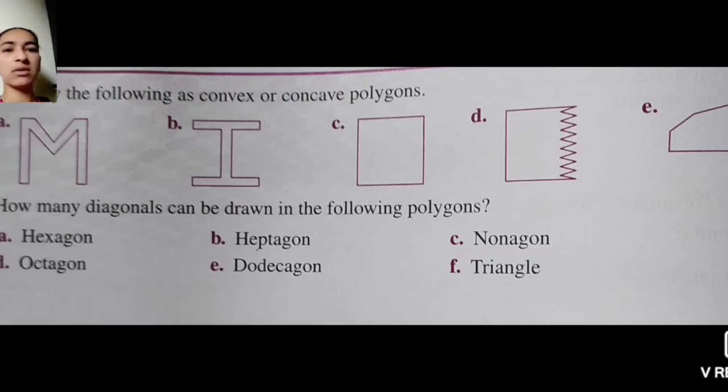So you will get the number of diagonals in a hexagon, and in a heptagon the number of sides is 7. In a nonagon there are 9 sides, and in the octagon the number of sides is 8, and in the decagon the sides are 10, and in a triangle we just now saw there is no diagonal. Yes students, many of the questions we have solved just now, and I think only 2 are remaining, that is C and E. That is for you to solve.